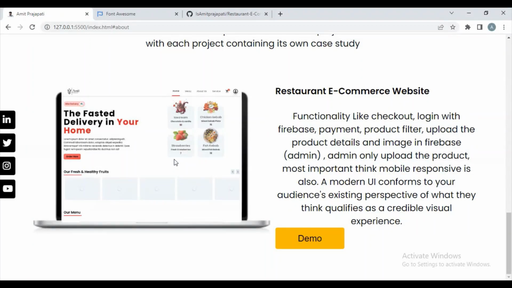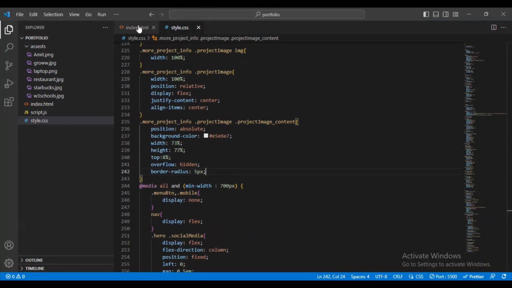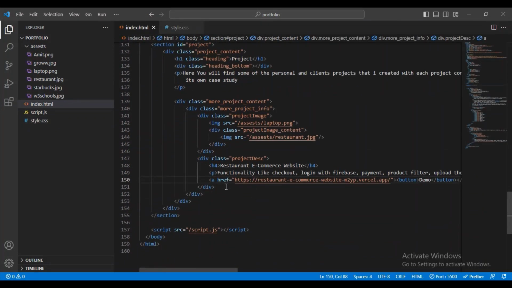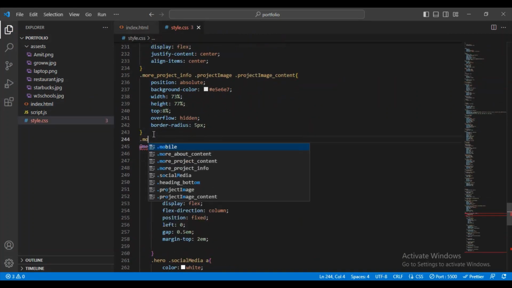Yeah, and these are out of more. Let me go to style.css, and here just copy this on the style.css,